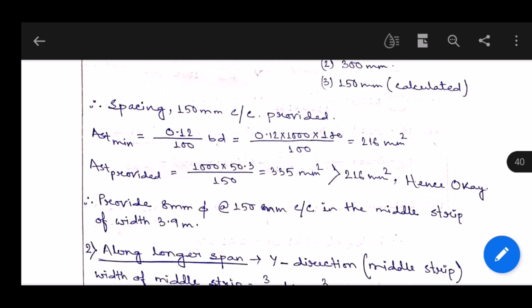So provide 8 mm dia bar at the rate of 150 mm center to center in the middle strip of the width 3.9 meter, right? So after all the calculation is done, in the drawing we can see how the middle strip is distributed. Okay,